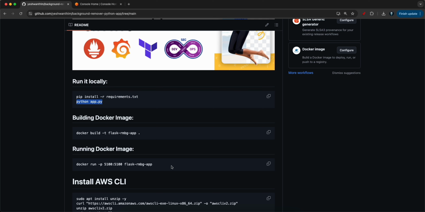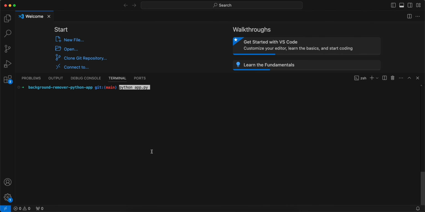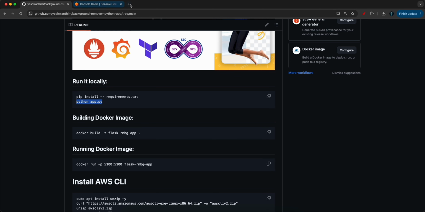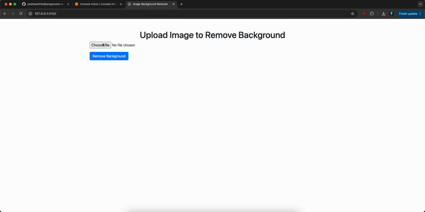So just copy that. Okay, let me come over here, and I will say python3 because that is what is installed on my machine, and I'll hit enter. And if you see here, it is serving the Flask application. Okay, and it's not in debug mode, and it's running on the local address. So let me just copy this one, and I'll go to my favorite browser. Okay, and if I hit enter,